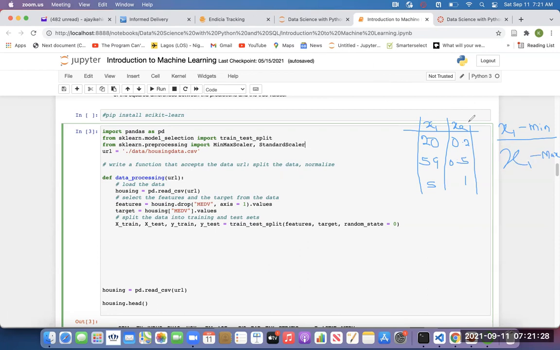So that's what it's going to do also for the second column and all of that. But the second column will be based on the column. So that way, by the time you apply it, all the values will be in a range of 0 and 1 by the time you finish it. But for the standard scalar, it's going to use the concept of statistics. What it's going to do is subtract a mean of 0 from each variable and divide it by the standard deviation of 1. It's going to do that for each of the variables. So that way, all the variables have a mean of 0 and a standard deviation of 1.